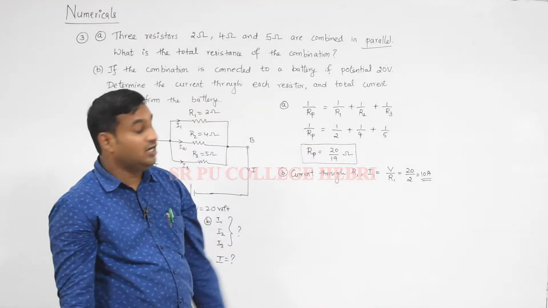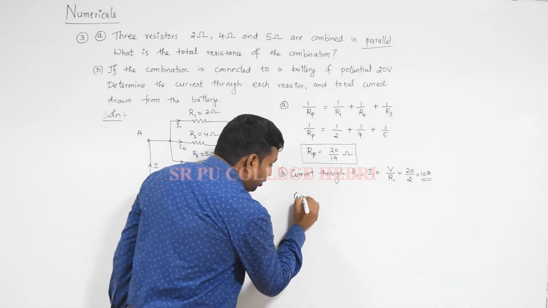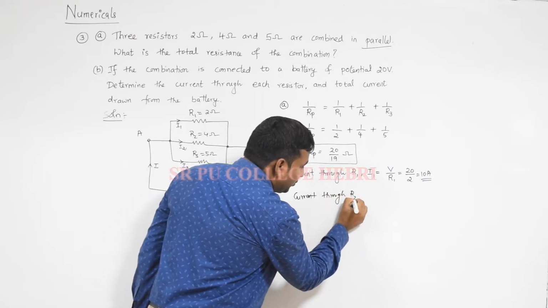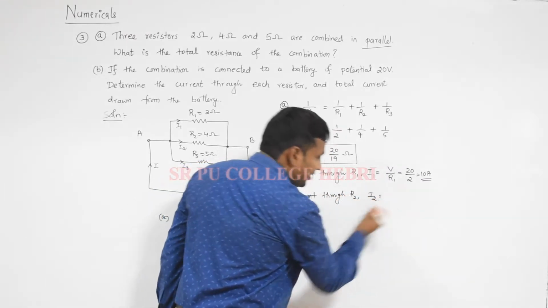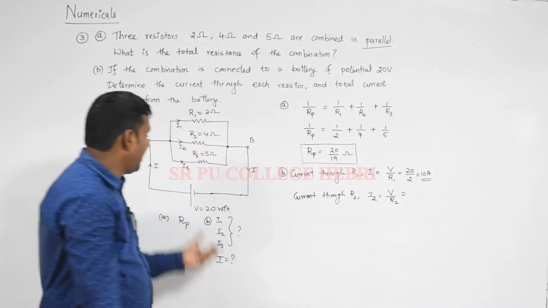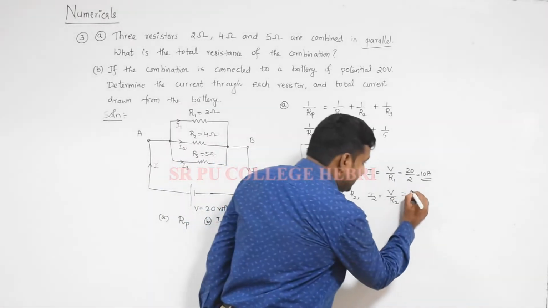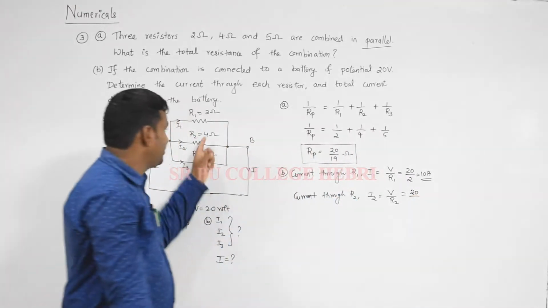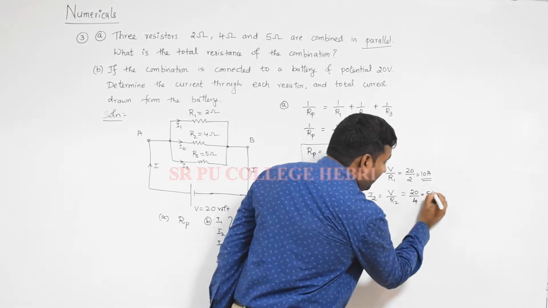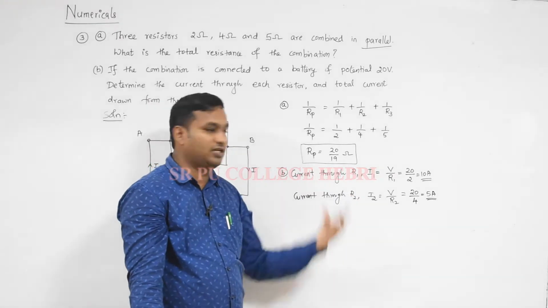We got the answer for current flowing through R1, that we taken as I1. Similarly, current through R2, that we have to take it as I2 is equal to V divided by R2. That potential applied across the combination or across R2, potential drop is 20 itself, potential is same, and resistance R2 is nothing but 4 ohm, it becomes 20 divided by 4. Answer we got 5 ampere. 5 ampere is the current flowing through R2, that is nothing but I2.